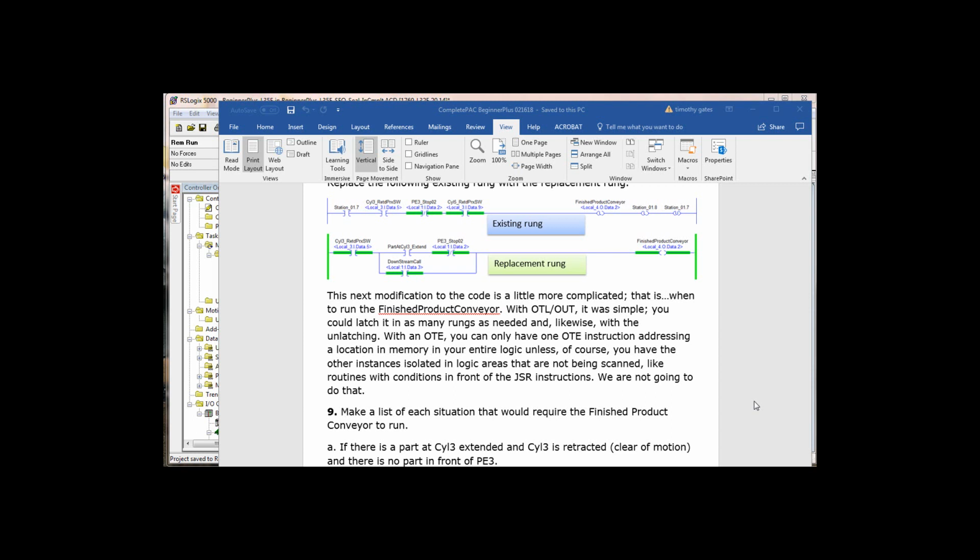So look right below it. If cylinder 3 retracted proc switch is made or sensed and there is a part at cylinder 3. We don't want to turn on the finished product conveyor unless there's a part there, or if there's a downstream call. So if there is a part at cylinder 3 extend and photo I3 is not already blocked, then we